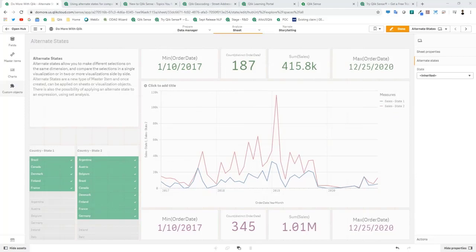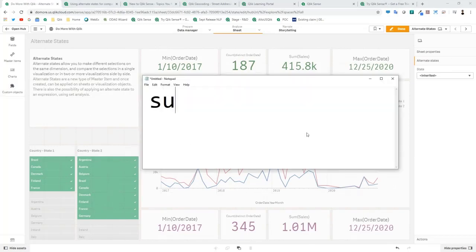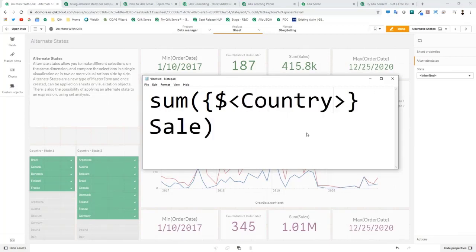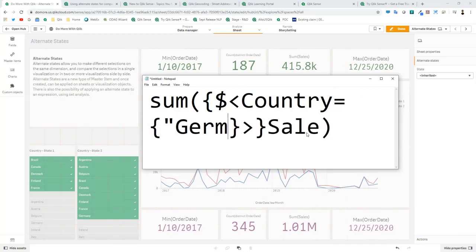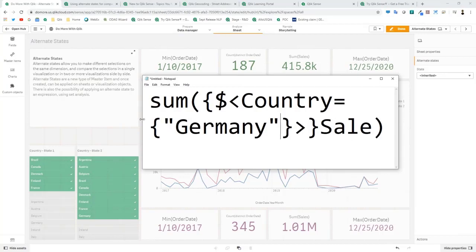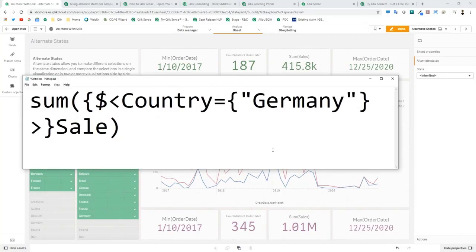Are states more efficient than hard coding SetAnalysis on resources? At this point, it's really user developer preference. For those of you who are not familiar with SetAnalysis, this is an example of SetAnalysis. Okay, so that's a SetAnalysis statement that restricts my measure of sum of sales, or the aggregated sum of sales,